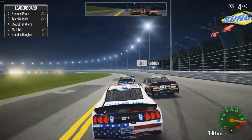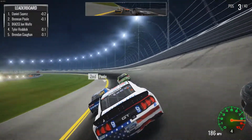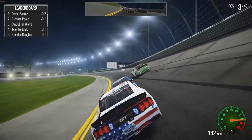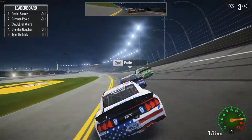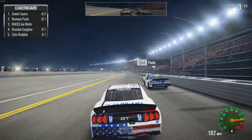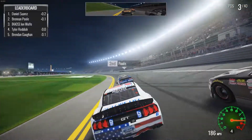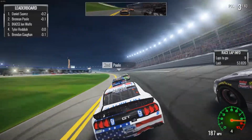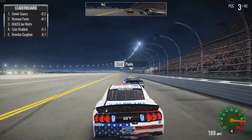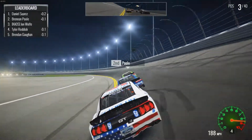And helping us out. I'm going to try to get underneath Reddick. He shut the door, but I was there. I'm going to give Poole a shove, and he might get underneath Suarez. No, he checked up. Sometimes I feel like the AI could take a chance and make a run at somebody, and they just don't. And that kind of annoys me a little bit. I feel like he had a shot there and just didn't take it, but...